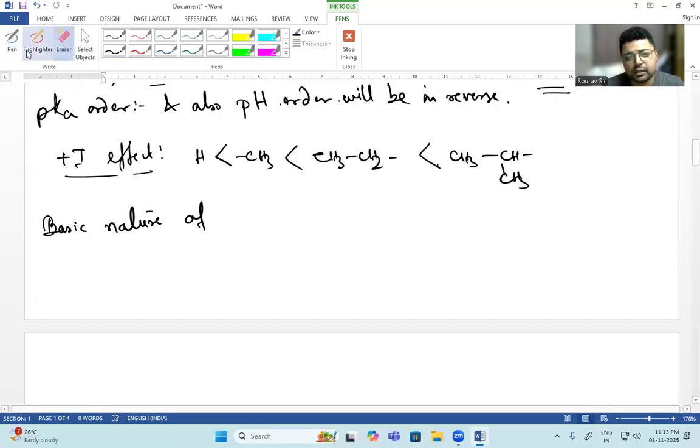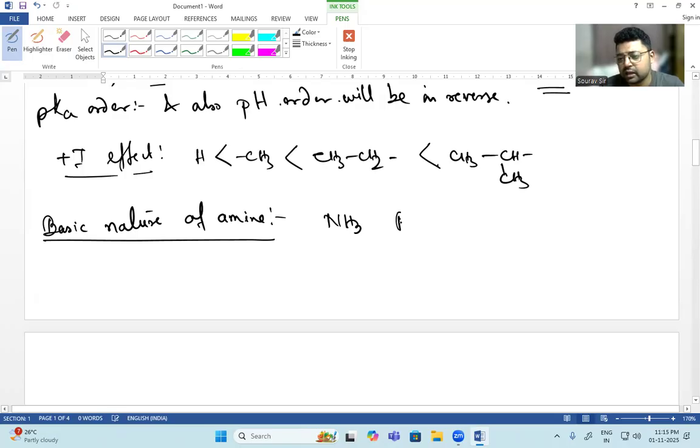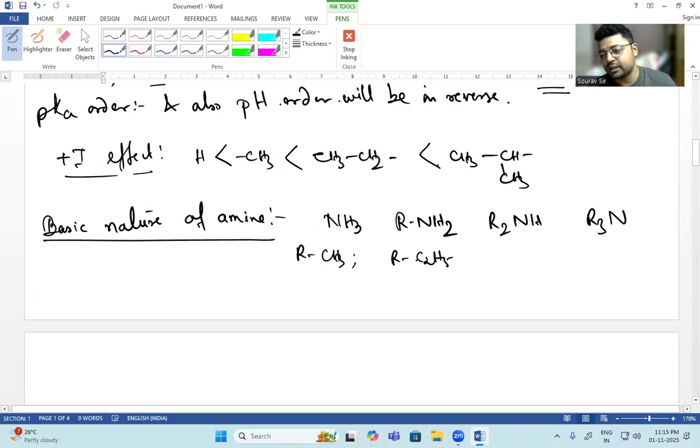Amines are derivatives of ammonia. Alkyl derivatives of ammonia: you are removing one hydrogen and replacing it with an alkyl group. So these are ammonia, 1 degree amine, 2 degree amine, and 3 degree amine, trialkyl amine, like triethylamine. R can be CH3 and R can be C2H5 as well. In class 12, we will have a chapter on amines, or nitrogen containing compounds,